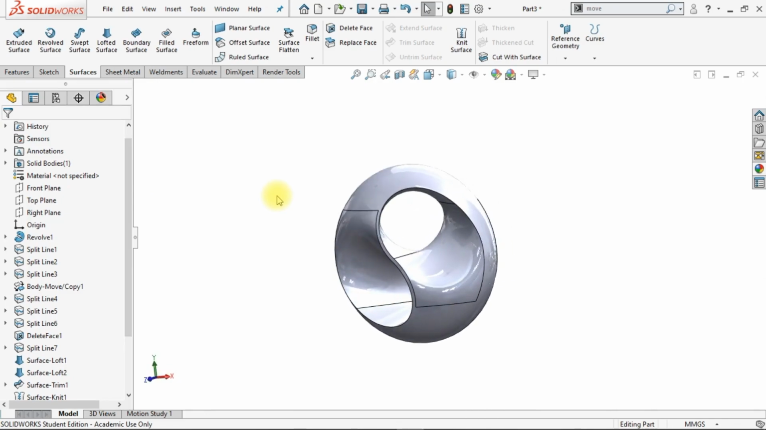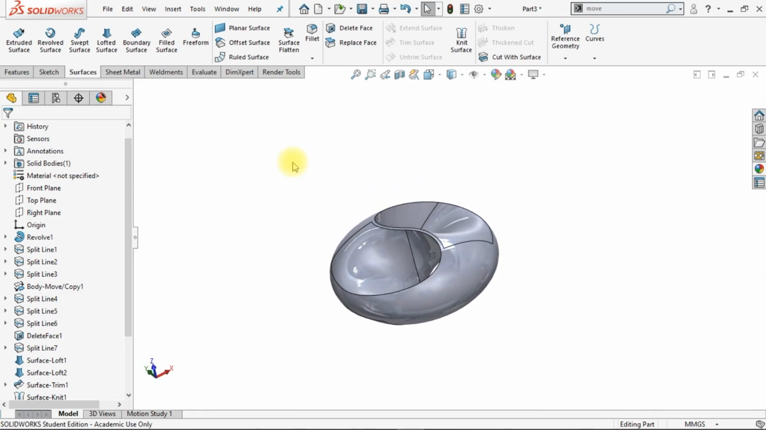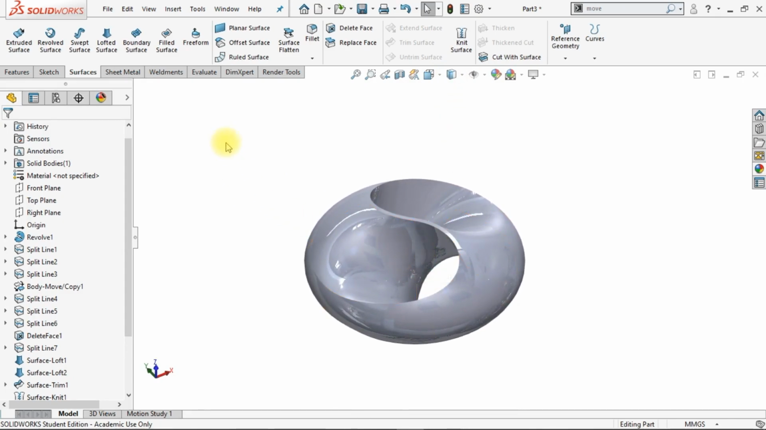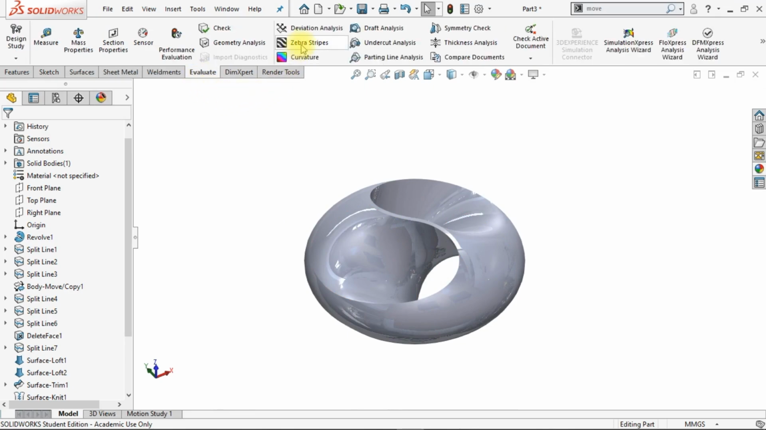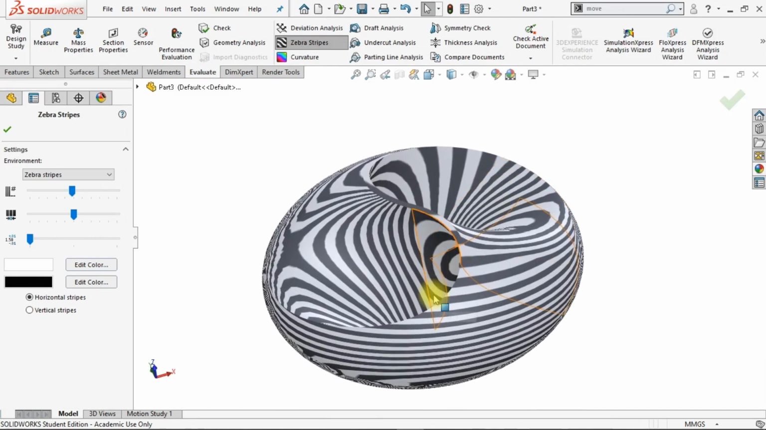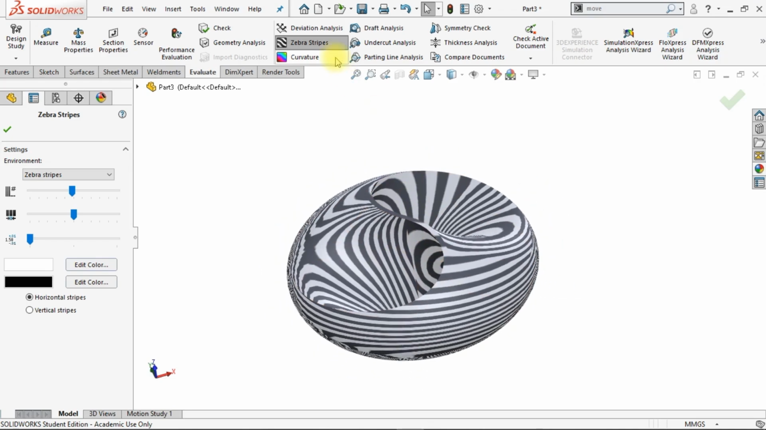Now see, it looks very great, but one thing which is not fine here, there is no tangency. Go to evaluate tab and activate the zebra stripes. As you see, these stripes are not flowing very well from this surface to this surface. So what we can do,